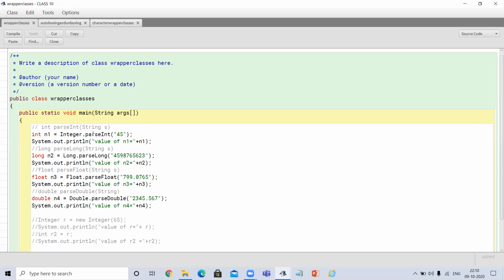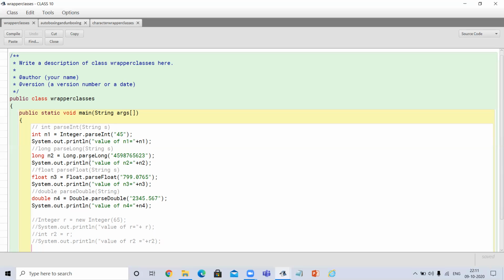What will be returned by this method Integer.parseInt? The string I am passing here is 45. This is actually a string, but this string value will now convert to an integer after using this method. So it will print with System.out.println the value of n1, its numeric value.